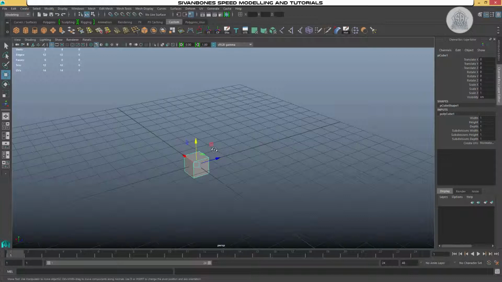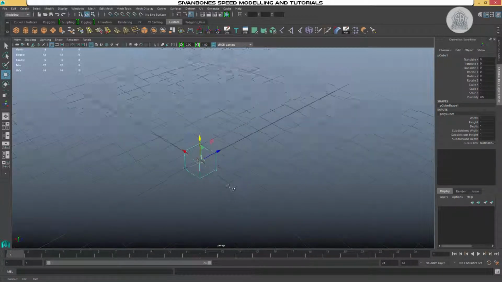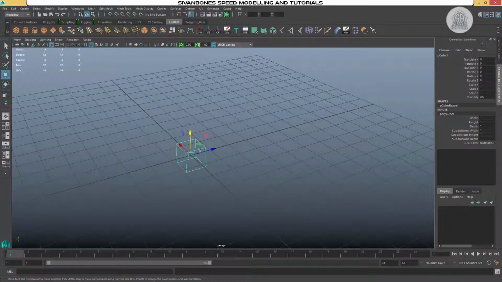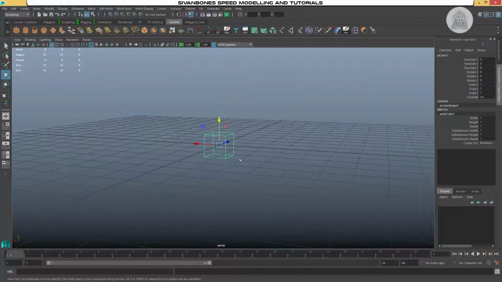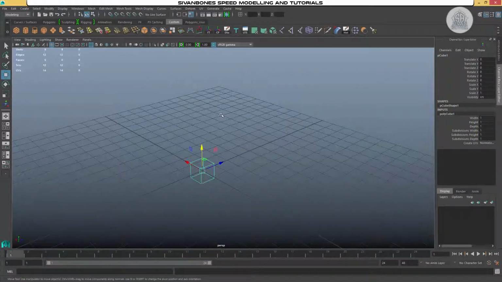Mine most likely looks different from yours. Yours will be something like this, wireframe, which is see-through. So we can see through the object, we can see all the sides, everything like that. It's up to you, your workflow. You can work in wireframe or any of the other options we're going to go through in a sec, but